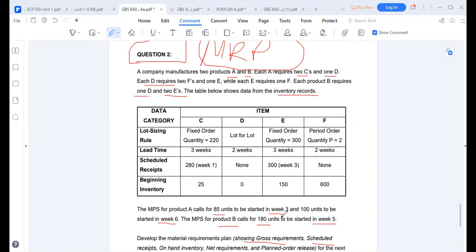And 100 units to be started in week 6. And then the MPS for product B calls for 180 units to be started in week 5. So we can now prepare the MRP for C, D, E, and F. Okay, so getting down to MRP for